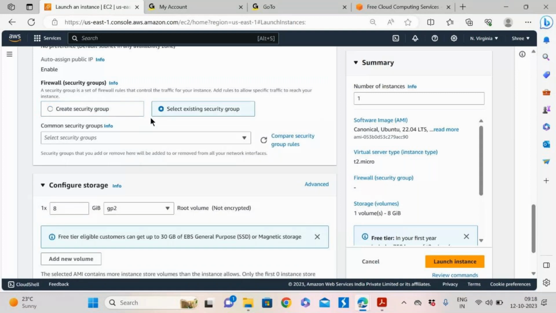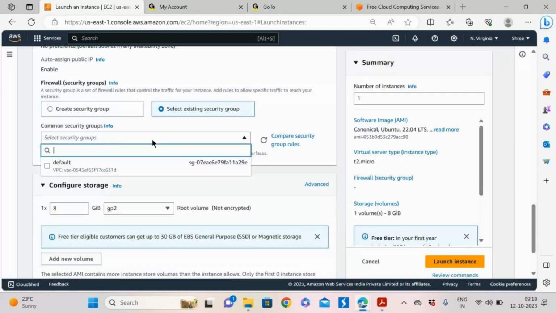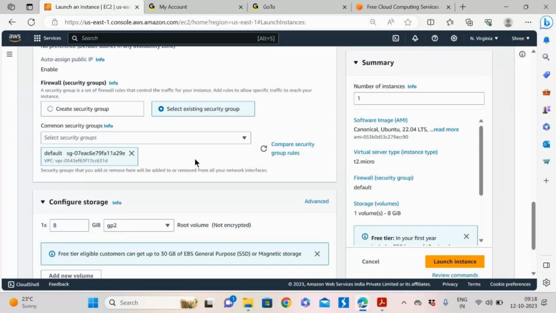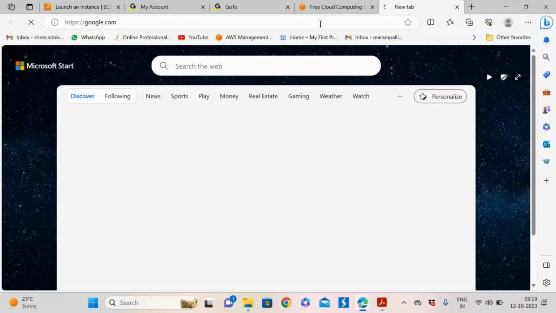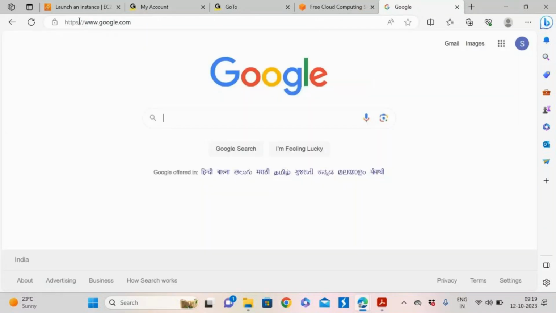So here, what do we do? There are rules. A set of rules will be there inside this security group. The rule will allow a respective port. For example, if I'm browsing google.com and I want to get this page, the protocol we are seeing is HTTPS.